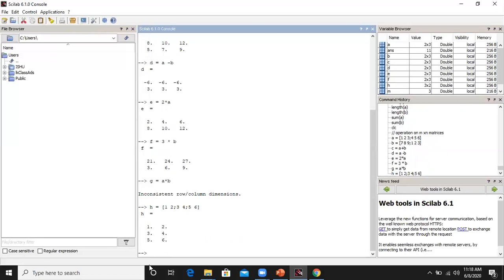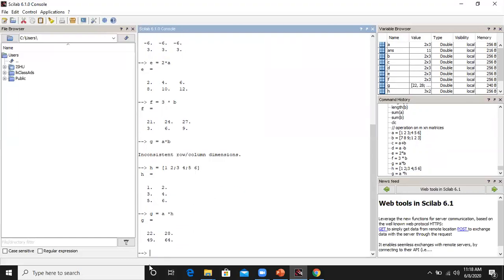Then we have 3 rows and 2 columns. Now we will multiply, where G is the resultant matrix, A multiplied with H. So here the dimensions of the matrices are matched, and we got the result as 22, 28, 49, and 64.